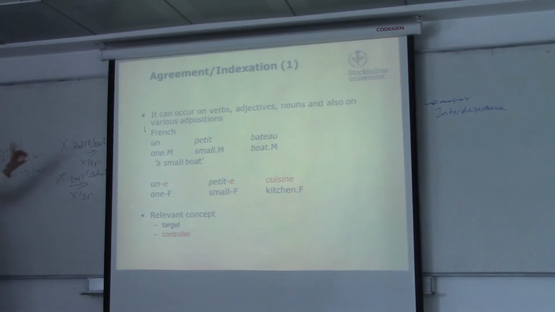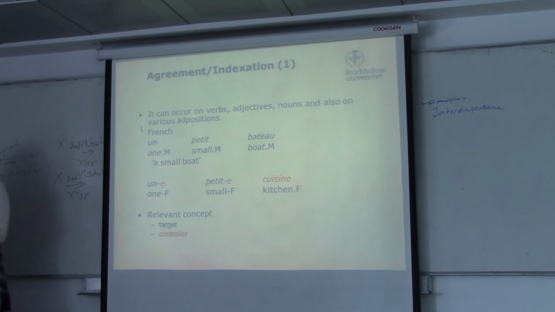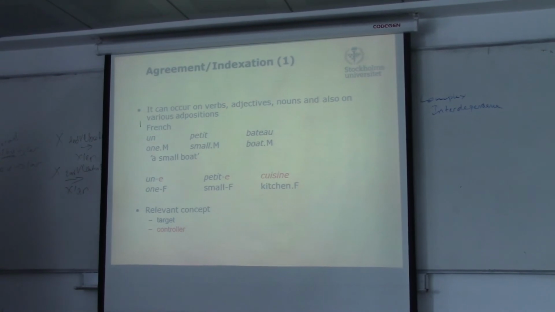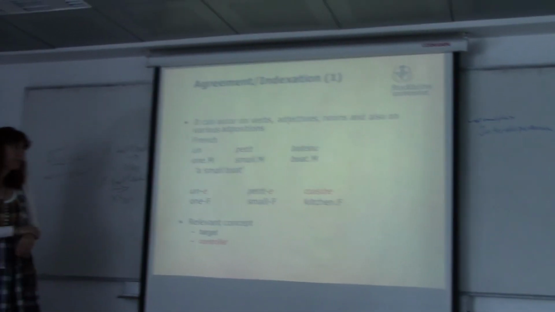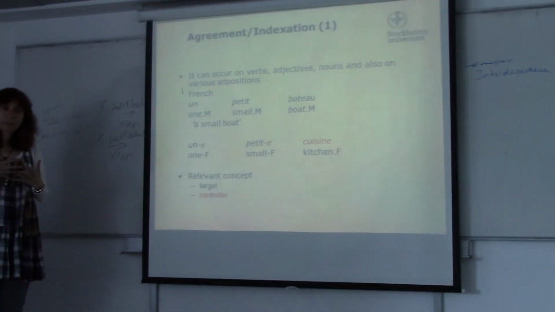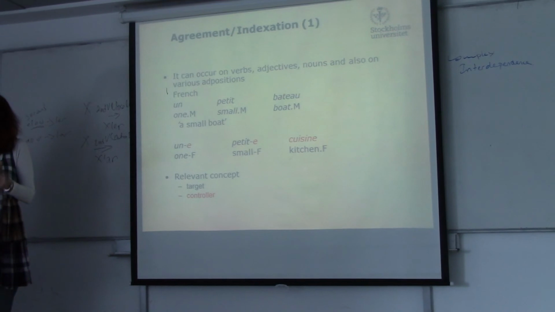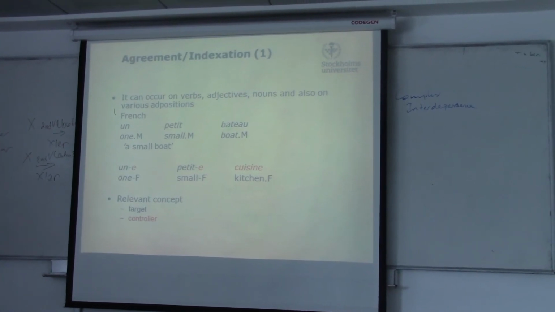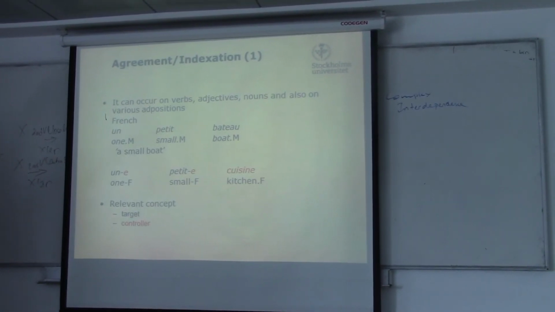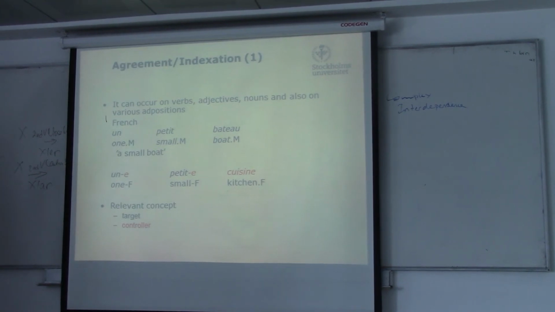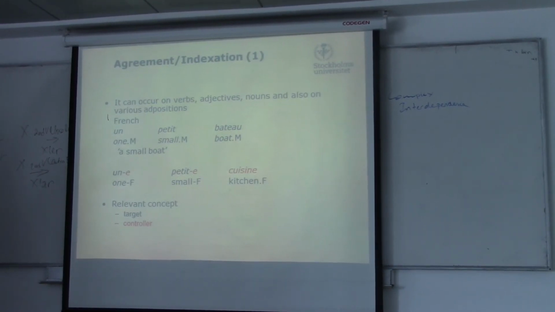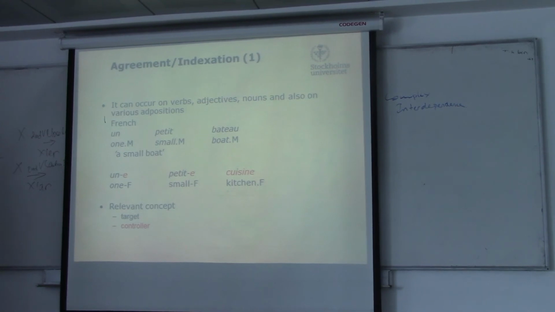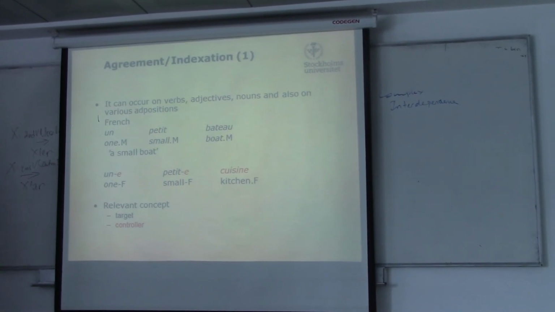So that's one type. Now, agreement or indexation. Agreement comes from traditional grammar. It comes from Latin, where it was assumed, the way grammars were written, that modifiers have to agree with whatever gender there is, or verbs have to agree with their subjects. Now we've seen a lot more languages than Latin, and we know that it's not always a question of agreement, but Bill Croft, who is one of the leading typology figures and cognitive linguists around the world, suggests the term indexation